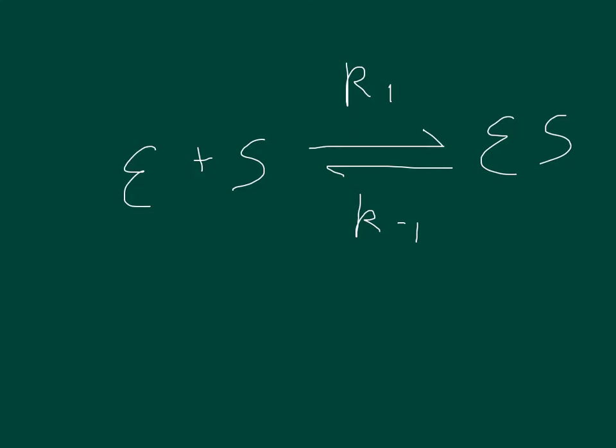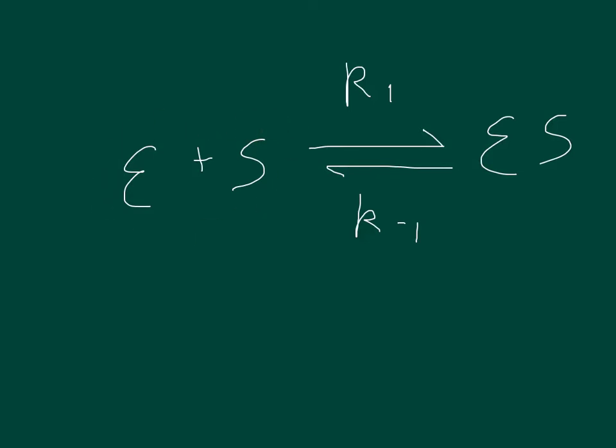Around 1913, a couple guys, Leonor Michaelis and Maud Menten, came up with a theory of enzymes, and it just stuck. It has a few exceptions, but it works for the most part. Their theory was that you have an enzyme and a substrate, and that it's rapidly becoming this enzyme substrate complex, where the enzyme and the substrate come together through hydrogen bonding, van der Waals forces, salt bridges, those type of things. They come together and combine to this enzyme substrate complex, and they rapidly also dissociate back to the enzyme